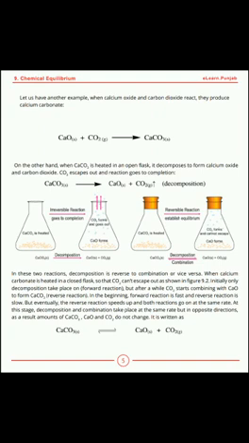And if you heat calcium carbonate in a closed flask, here both processes occur, that is combination and decomposition. First decomposition: when calcium carbonate is heated, it decomposes into calcium oxide and carbon dioxide. Due to the closed flask, carbon dioxide cannot escape, and when we heat this closed flask again, then calcium oxide and carbon dioxide recombine to form calcium carbonate. In this reaction, both decomposition and combination take place.